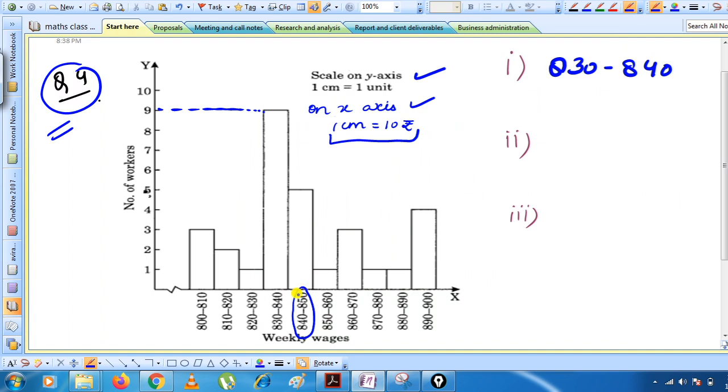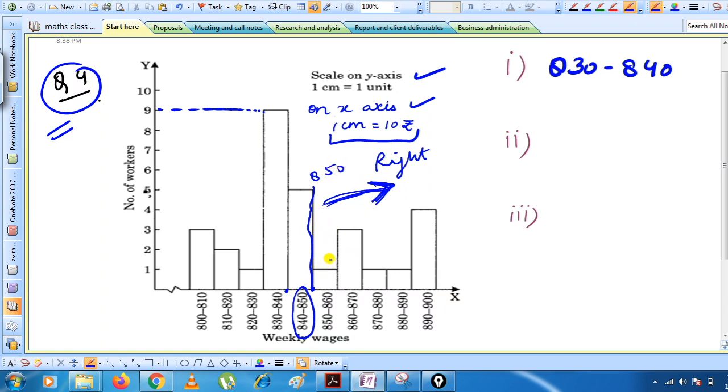Okay, now we can proceed. This class interval is representing 840 to 850. That means this line is showing the mark of 850 and we want more than 850. More than 850 means we have to count all the workers which are coming on this side,